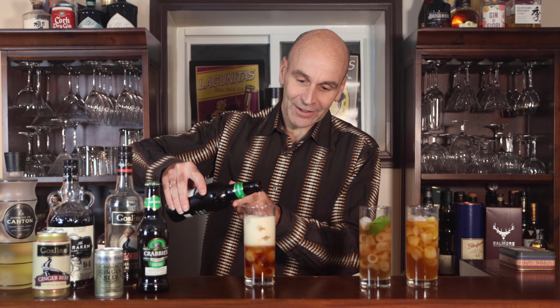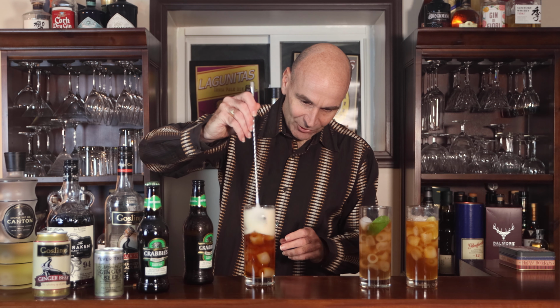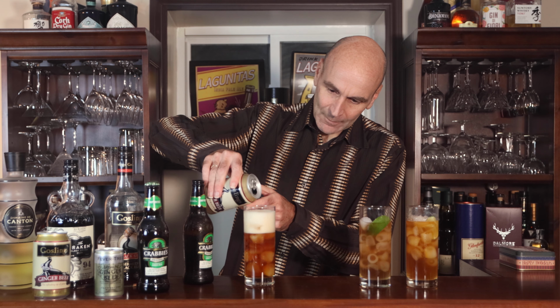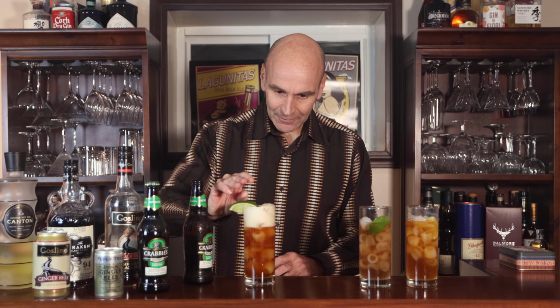And you can see you're already getting a slightly different head, as it were. I'm sure there's a few more proteins in this that are helping that head establish there. What we'll do is give this just a quick pull up through. That looks quite nice like that, doesn't it? So there we have a Dark and Stormy with alcoholic ginger beer,